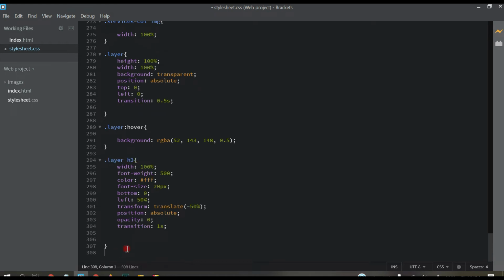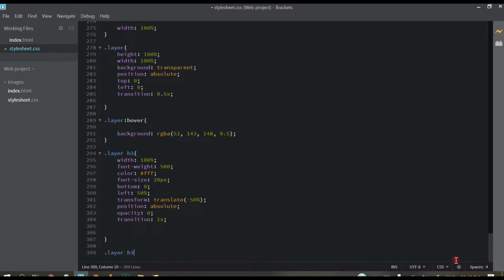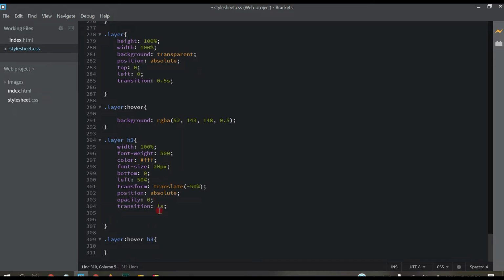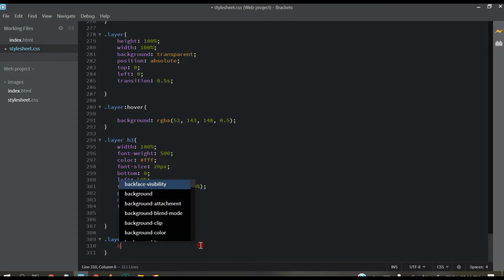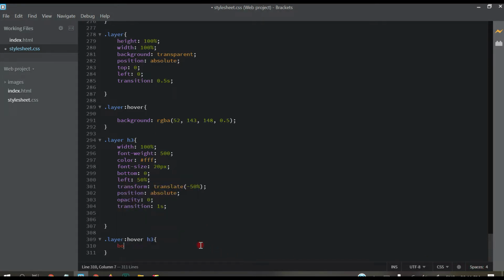and write it here, and here hover, and then open it, bottom 49% and opacity will be 1.